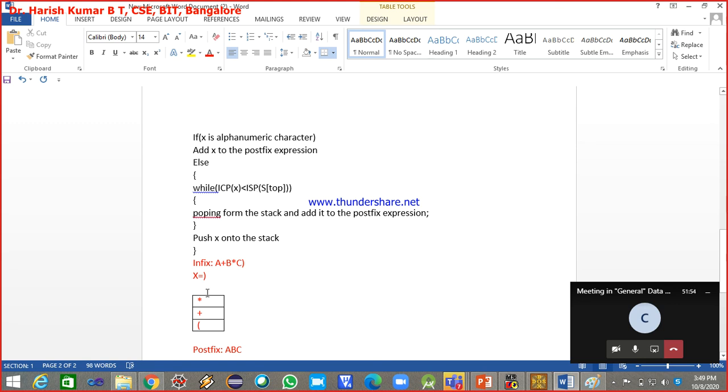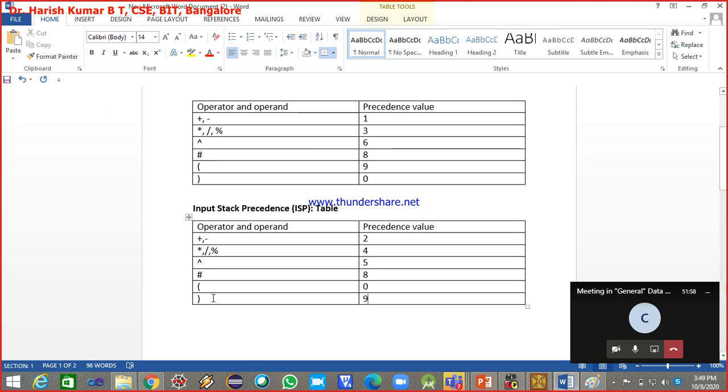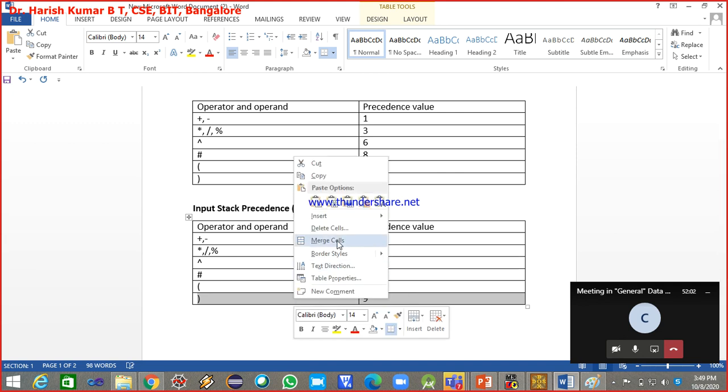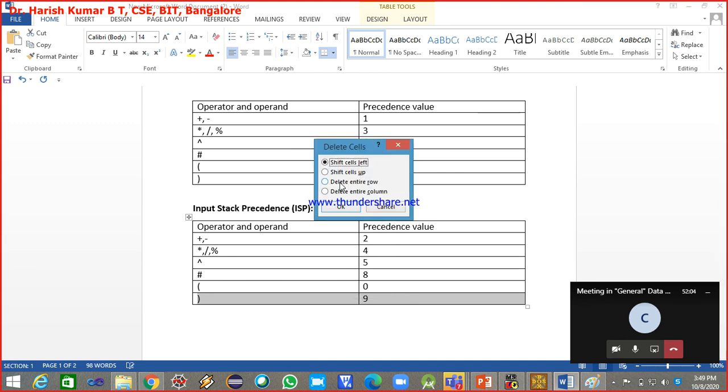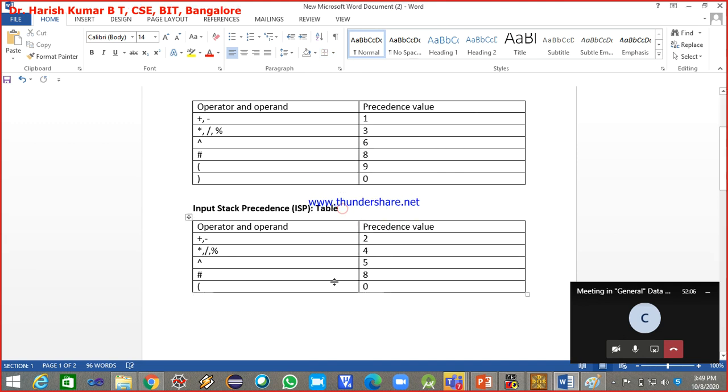Sorry, this row is not required, so I'm confusing you people. Delete the entire row. What I had written earlier was correct.